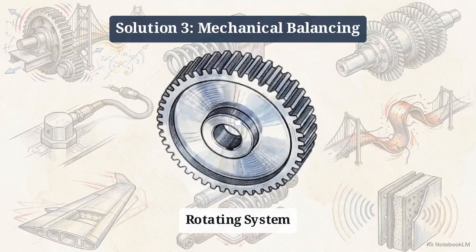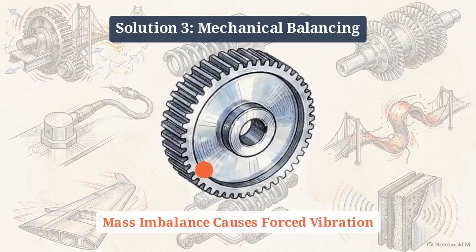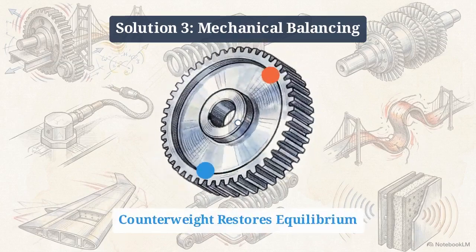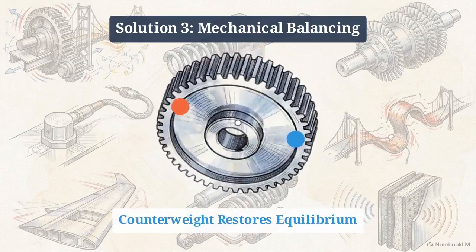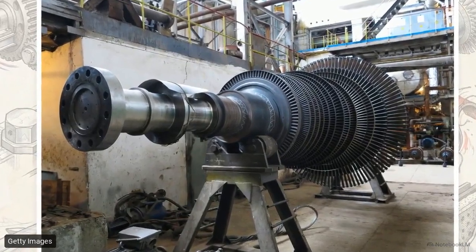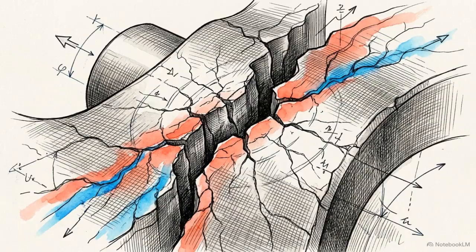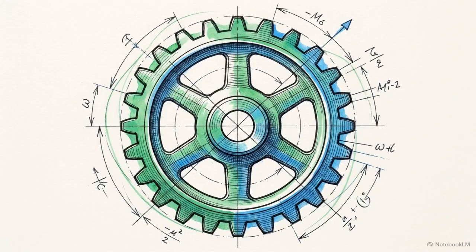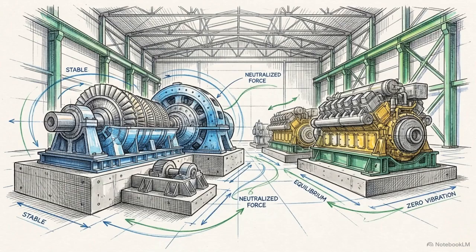The third solution is balancing. Rotating machinery requires perfectly even mass distribution to prevent forced vibrations caused by centrifugal forces. In equipment like turbines and compressors, the rotors must be perfectly balanced. Even a minor mass imbalance at high speeds generates enough force to destroy the machine. By predicting mode shapes, absorbing energy through damping, and balancing rotational mass, engineers neutralize destructive vibrations before they can cascade